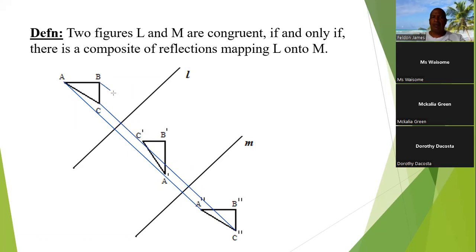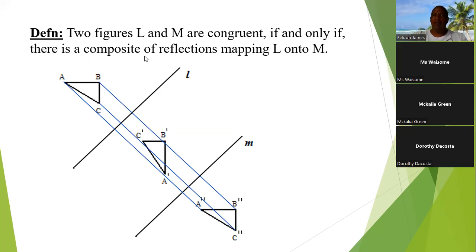Now, what this looks like to you, if instead of doing two reflections, you could just slide from the pre-image down to here, and you will get a translation. As a translation would be a slide. Do you see that, guys? Nobody sees what I'm talking about? Miss Green, are you hearing me? Yes, sir. Okay. So what this is saying then is that two figures L and M are congruent if and